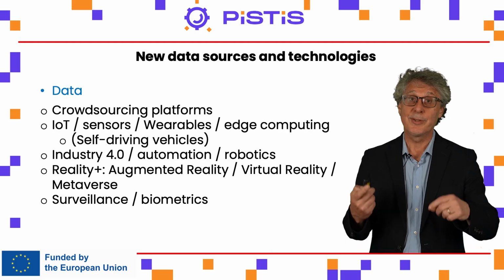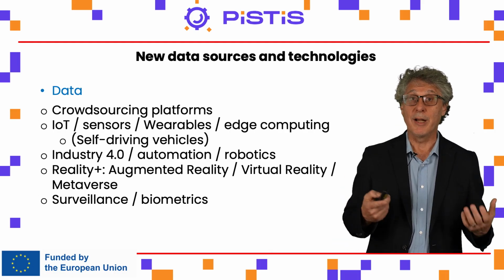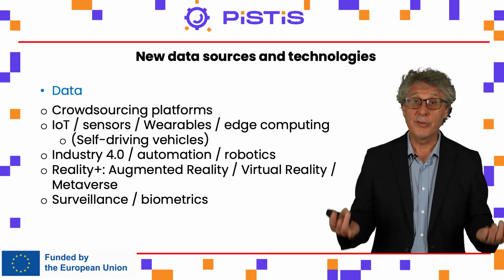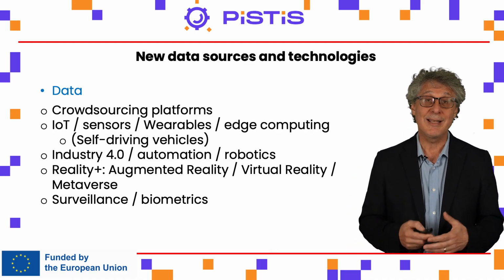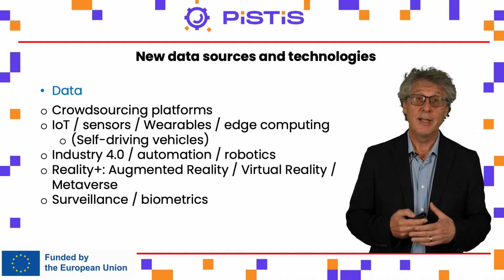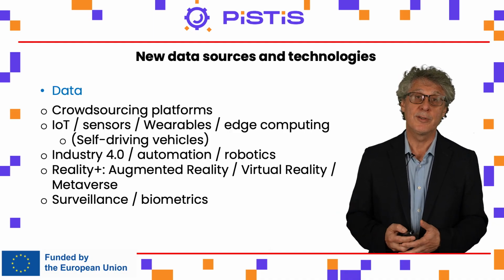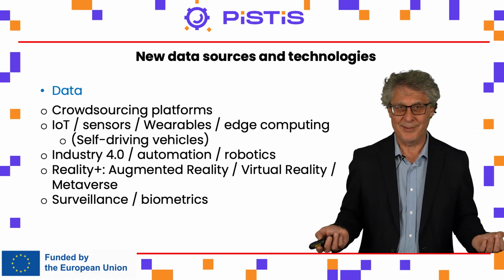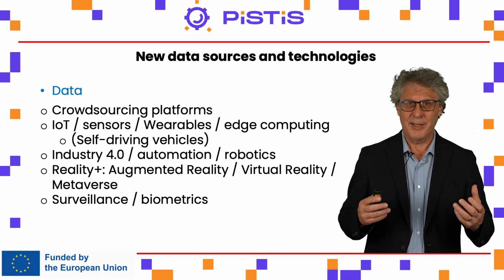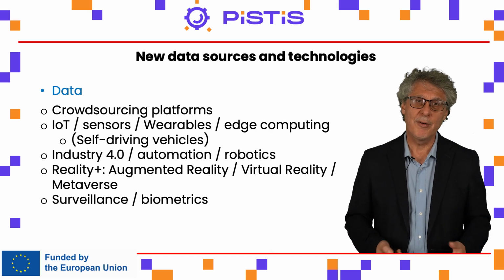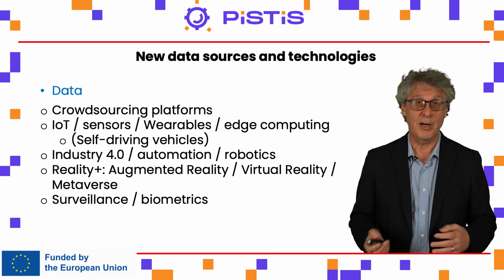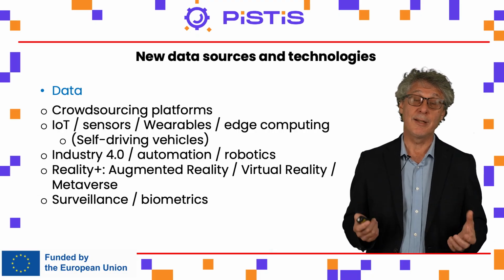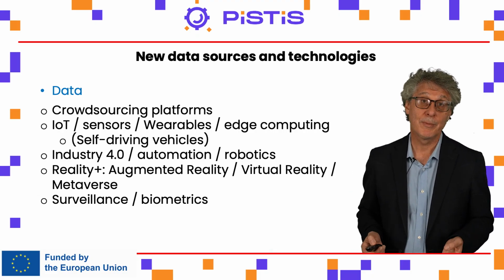Speaking of sensors, typically we'll have the Internet of Things sensors. We'll talk about that more in a minute. All different kinds of sensors, wearable devices, edge computing devices, and so forth. These are all very, very important sources of data. That includes self-driving vehicles. I don't think of that as a separate category because, as I've mentioned already, connected cars and self-driving cars are surrounded with sensors, and they can give off a lot of very interesting data that could be useful for companies.